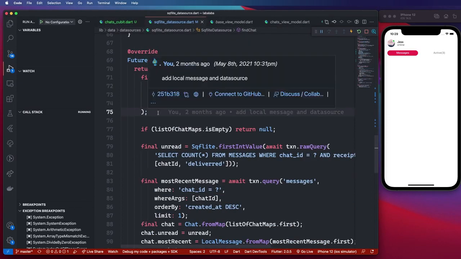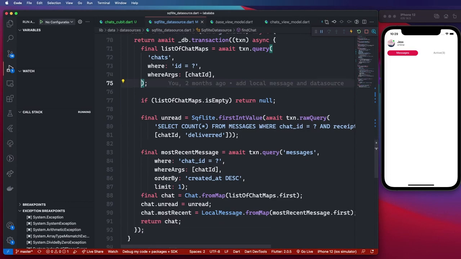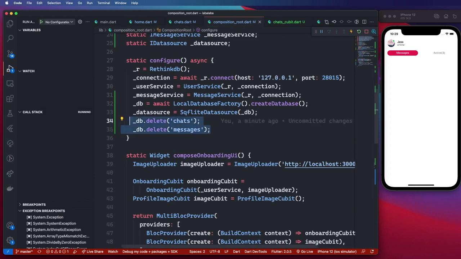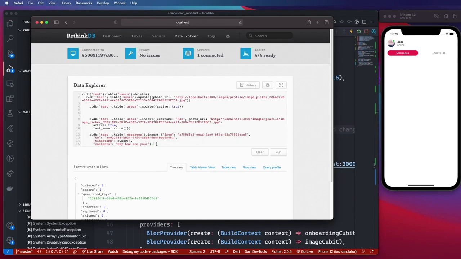So what caused that issue is that a chat was created in the DB, but there were no messages associated with that chat. And so when it reaches here, it was throwing that error. So what I've done is, inside our composition root, as the application boots, to run these two delete queries to delete everything from chats and messages. So we can restart, and that will clear the database for us. So now if we try again,